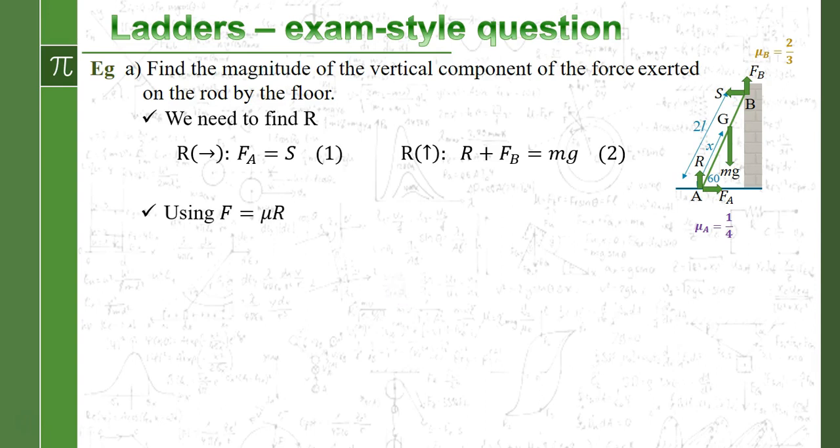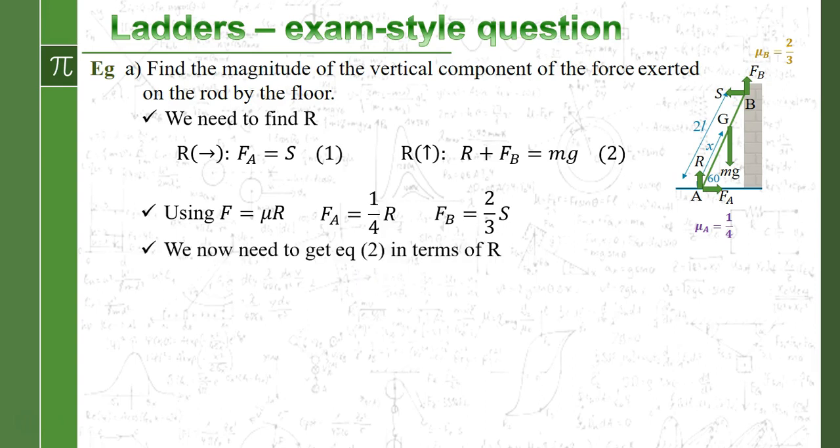So what we're going to have to do is a bit of work with the coefficients of friction. So F equals mu R. So the friction at A, FA, is going to be 1/4 times R, and the friction at B is going to be 2/3 of S. Now, what we've got to do is get equation 2 just in terms of R. So let's try and get FB in terms of R, and we can do that by saying, taking those two facts, S equals 1/4 R, and then taking the fact that our frictional force FB is 2/3 of S, and we now know S is 1/4 of R,